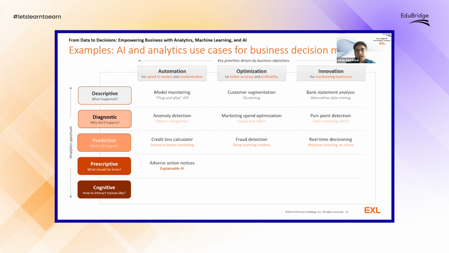A typical example, and it's a regulatory thing, by the way, is that if you are declining a loan to a particular customer, you are supposed to also tell the top four reasons. And that's a US regulation, by the way. There's an adverse action notice that a bank needs to issue, and that can only happen if you know why you are declining the credit.